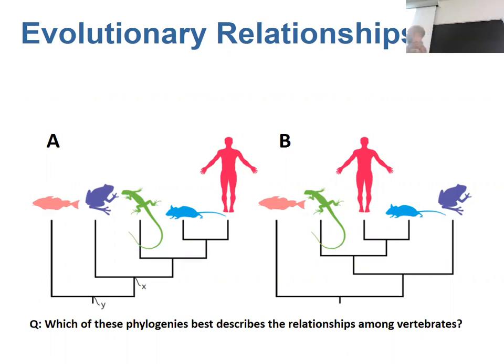That one's fish, frog, lizard, mouse, human, and this one's fish, lizard, human, mouse, frog. Now, a very common misconception when we think of evolution is that evolution works like this. That evolution is like the step up process from less complicated to more complicated, or from lower, quote unquote, forms of life to quote unquote higher forms of life. You notice very conveniently that when we think about evolution that way, humans are always at the top, like we're the pinnacle of evolution or whatever. That's completely incorrect. Evolution does not work that way at all.